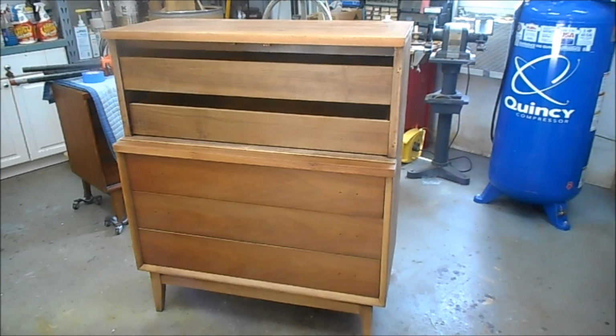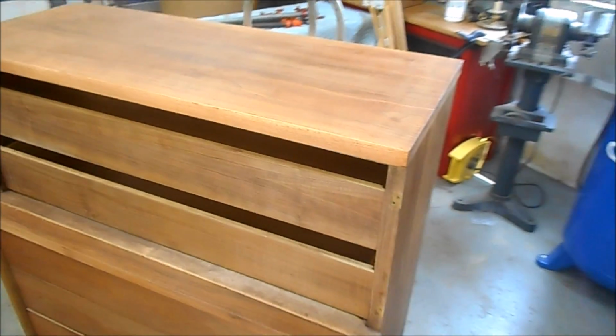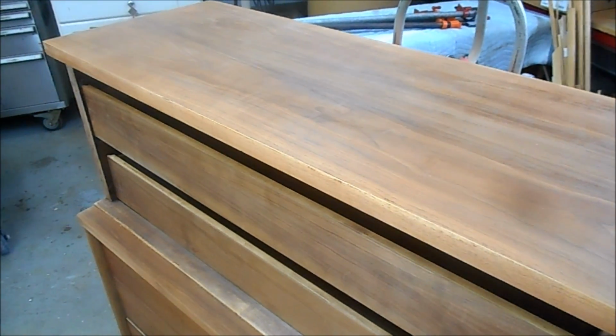Three and a half hours to get this all stripped off. The piece is in relatively good condition. We don't have much in the way of veneer damage or loose veneer. A couple of chips we'll take care of. And all I've got left on this is to lacquer rinse it and water wash it,